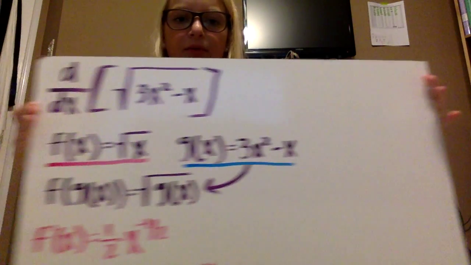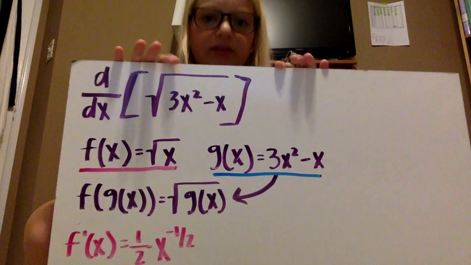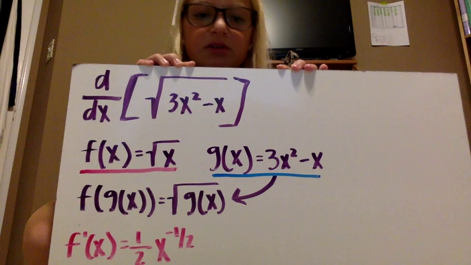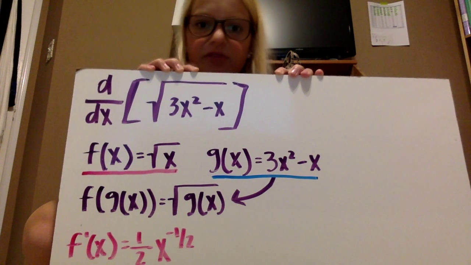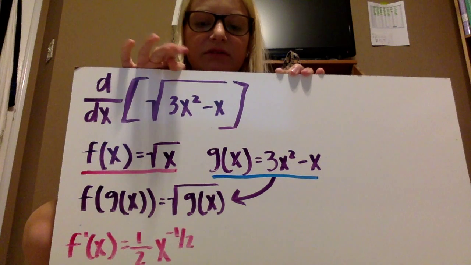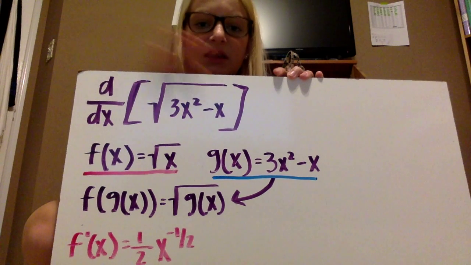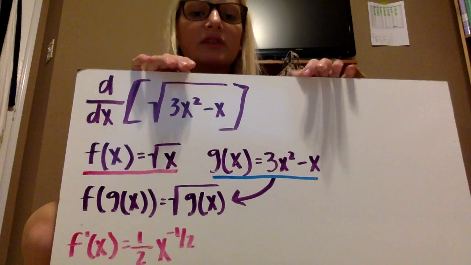Alright, so right here I have an example written down. So this is going to be our example problem. So we're taking the derivative with relation to x of the square root of 3x squared minus x. So the first thing that you want to do is define what your outside and inside function is. So in this case, our